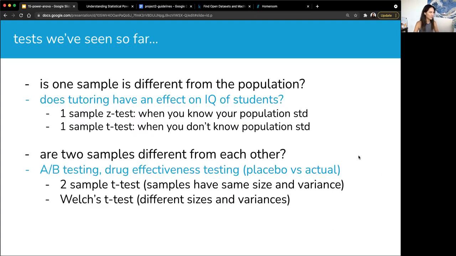All right. So just to summarize the four statistical tests we've seen so far, we've seen one sample tests and two sample tests. For a one sample test, an example is comparing a sample to an entire population. For example, does tutoring have an effect on the IQ of a group of particular students? You can do either a one sample z-test or a one sample t-test, depending on whether you know your population standard deviation or not. If you remember last week, we knew that the population's IQ had a standard deviation of 16,